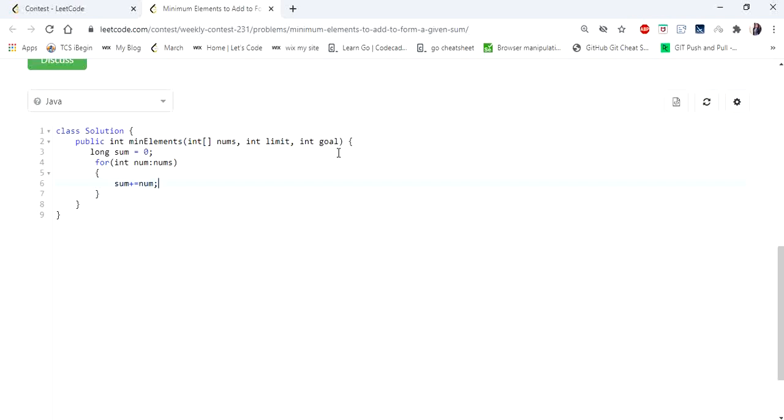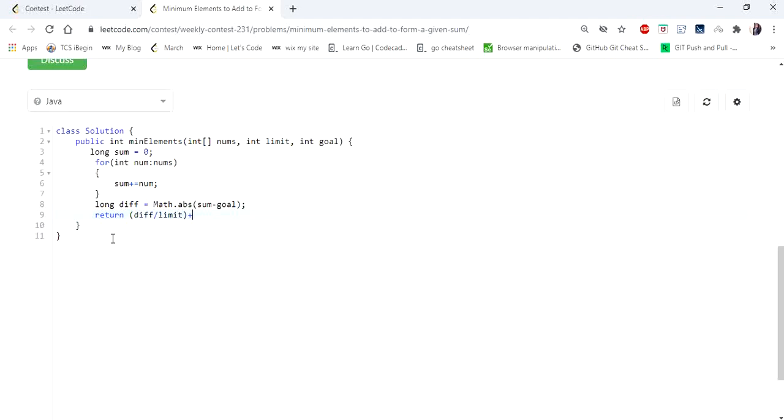Once we have added the values, I'm going to declare a variable difference to calculate the difference between goal and sum. So now sum minus goal will give us actually what is the amount of values that need to be added to the array. So now we are going to return difference by limit